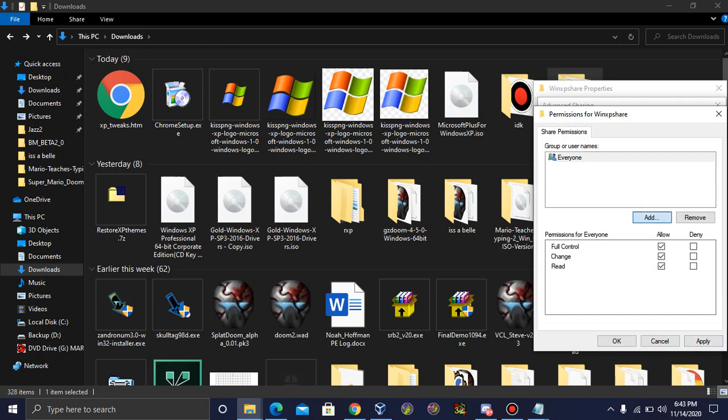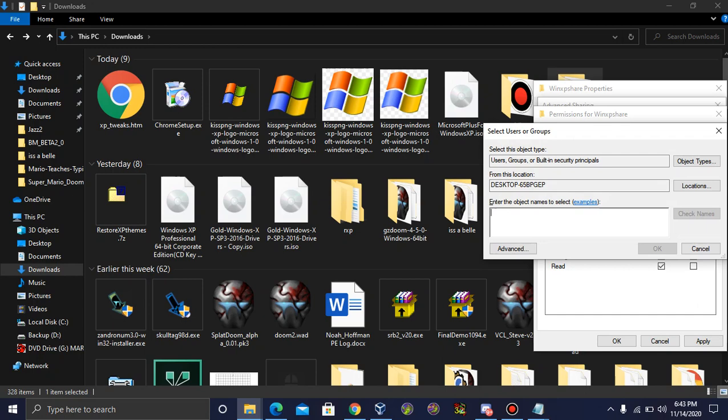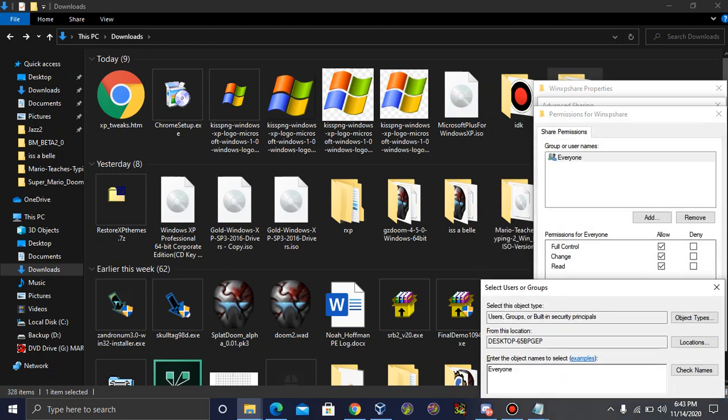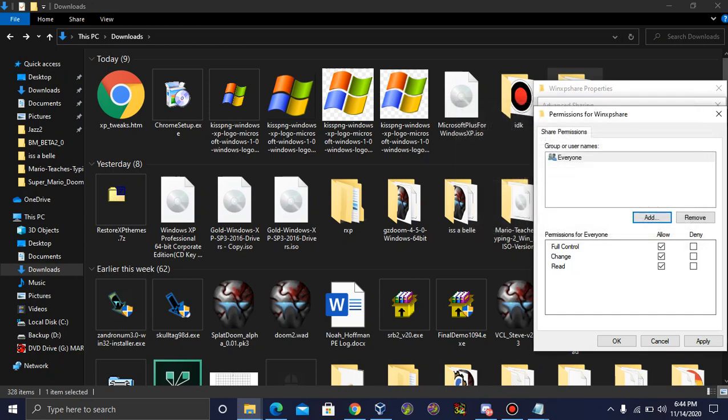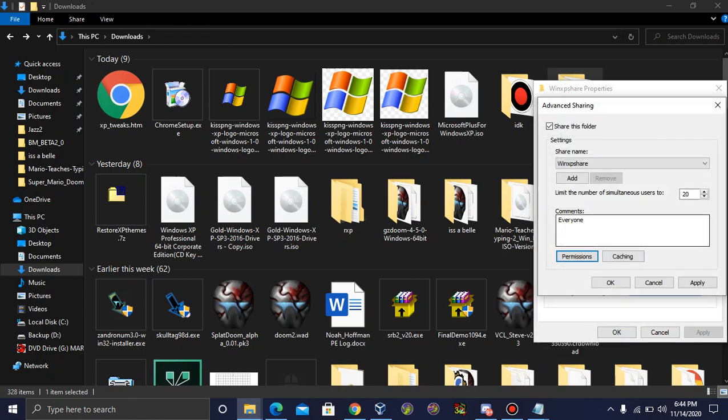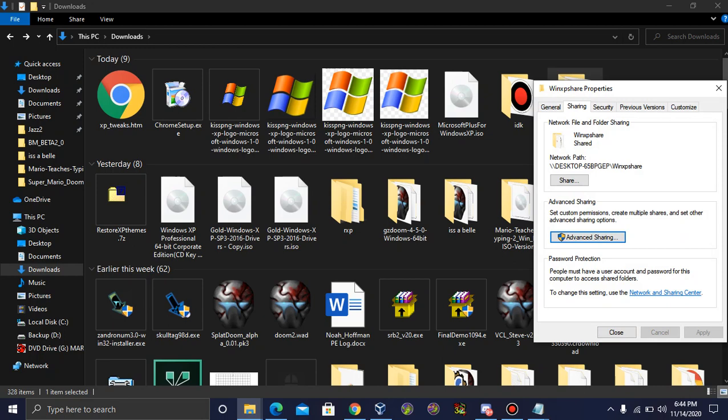Then if you want, you can click add and type in everyone. In fact, I don't think that everyone entry will be there normally, so you right click and do all that, hit add, and type in everyone with the capital E, and then hit OK, hit apply, hit OK again, hit apply again, hit OK, and then go to